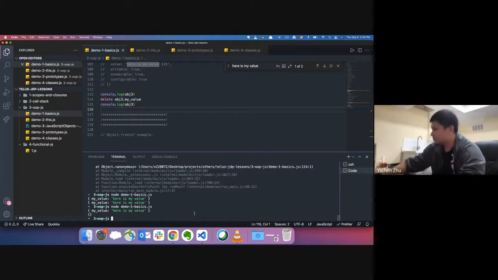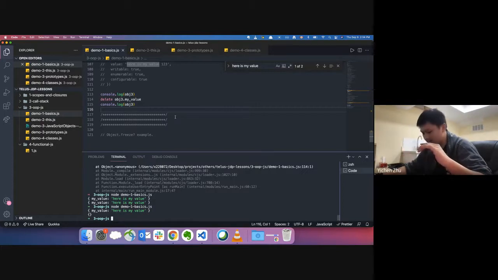All right. Okay, cool. So now that we know about property descriptors, we're just going to go over